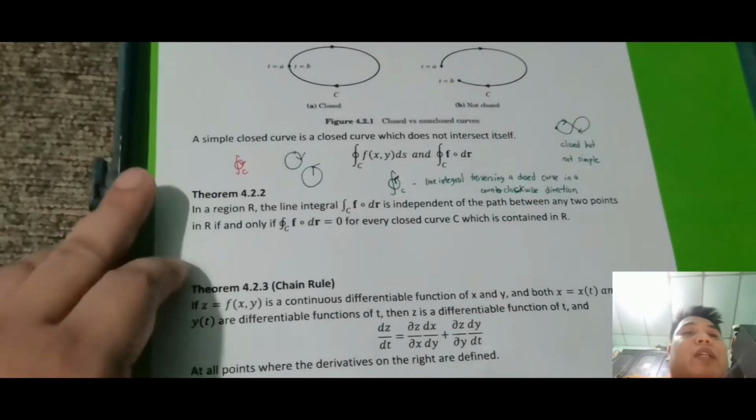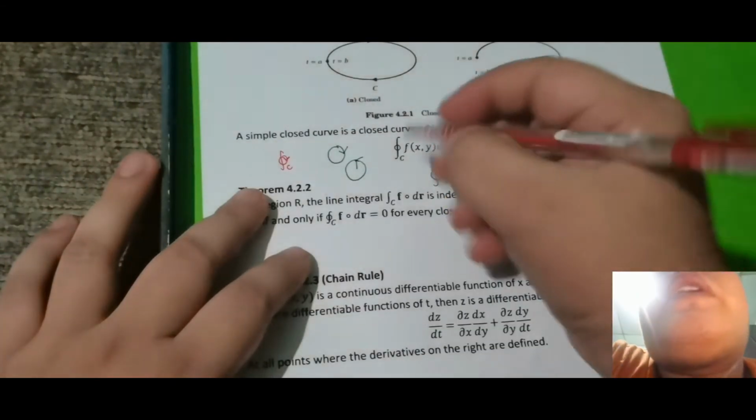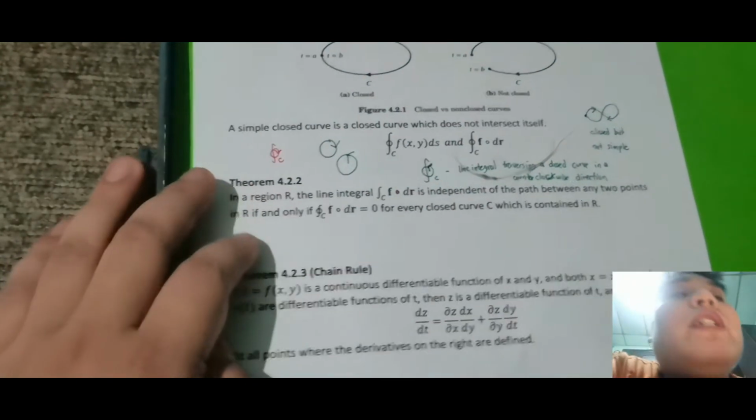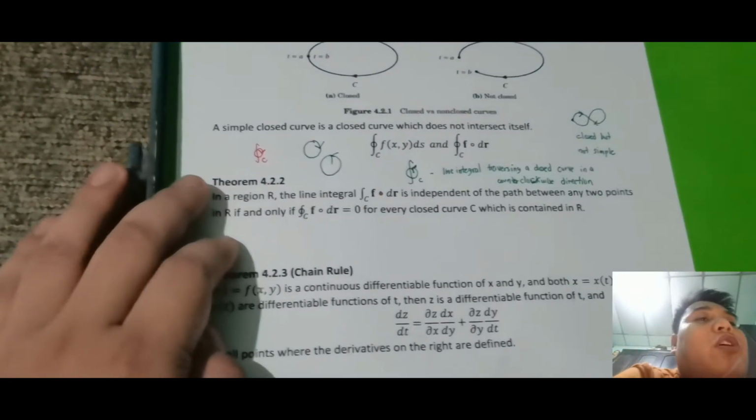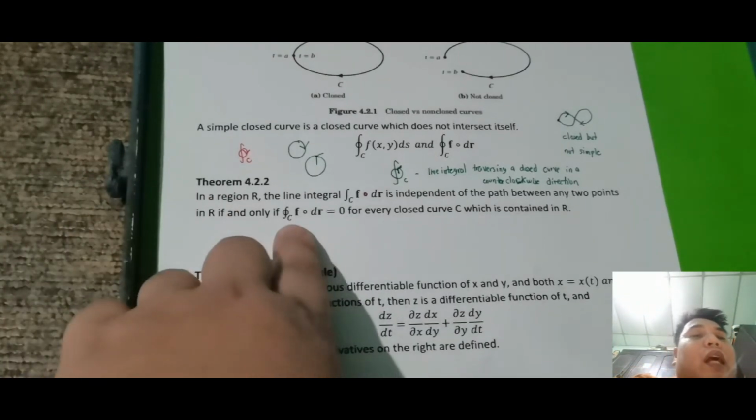Okay, so let's move on. Let's have a theorem. This is the beauty of a simple closed curve, sometimes that idea gives a shortcut. Theorem 4.2.2: in a region R, the line integral along C of f dot product dr is independent of the path between any 2 points in R if and only if